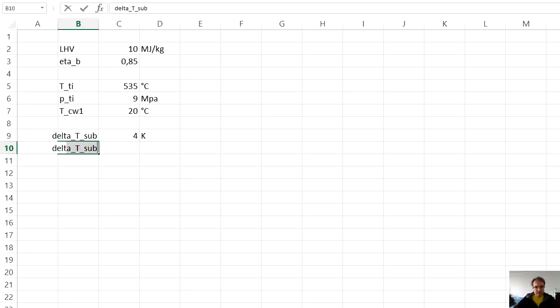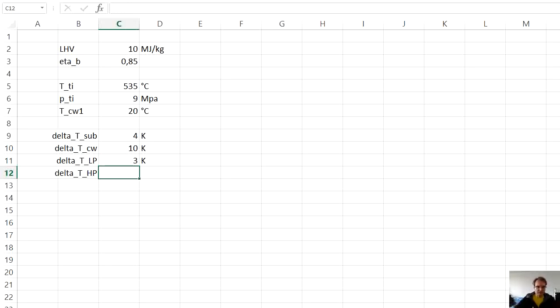Then we will have the temperature difference of cooling water in the condenser, meaning how much the cooling water will heat up, and it will heat up by 10 kelvins. Now the minimum temperature differences in the heat exchangers. The minimum temperature difference will be specified first for the low pressure part of the cycle, where it will be 3 kelvins,